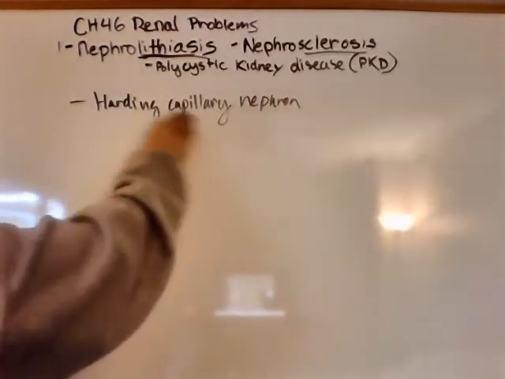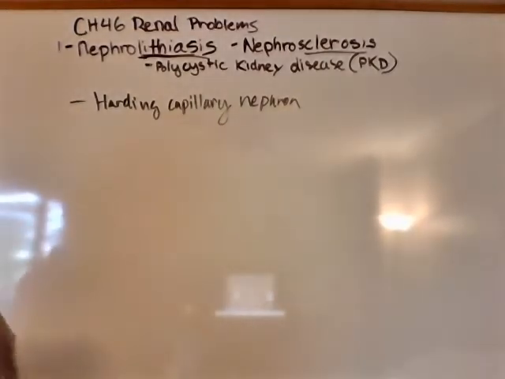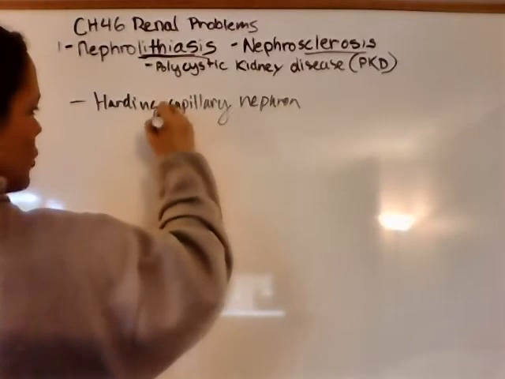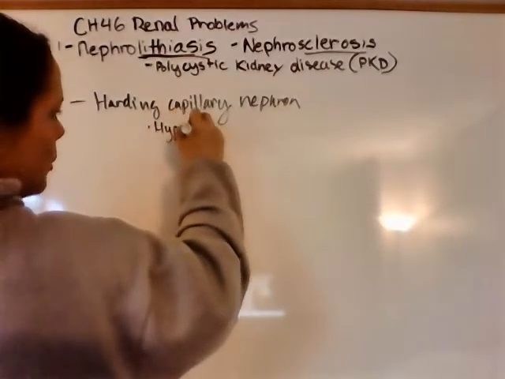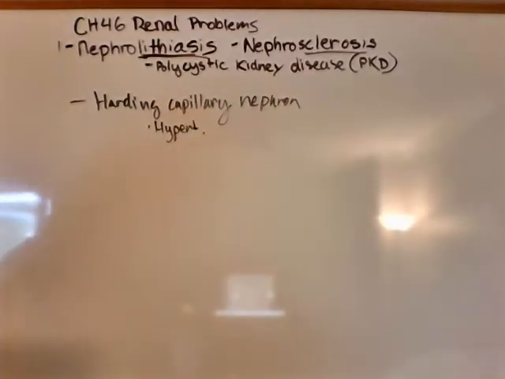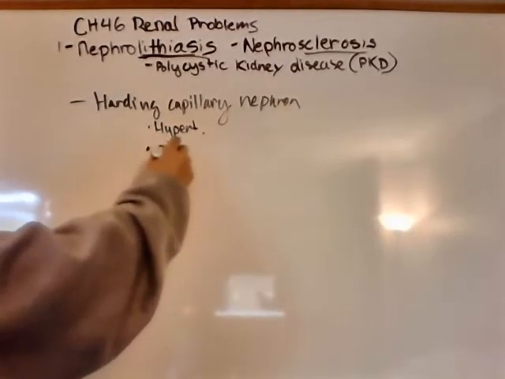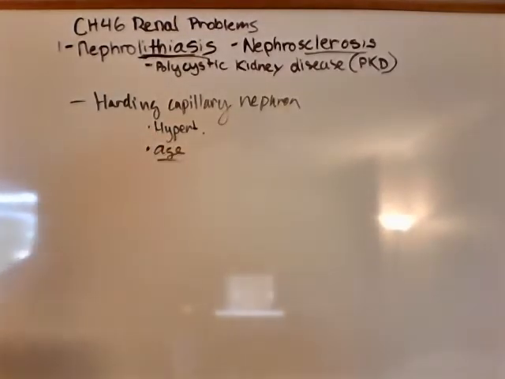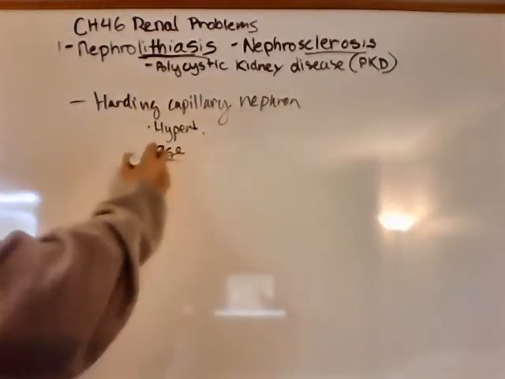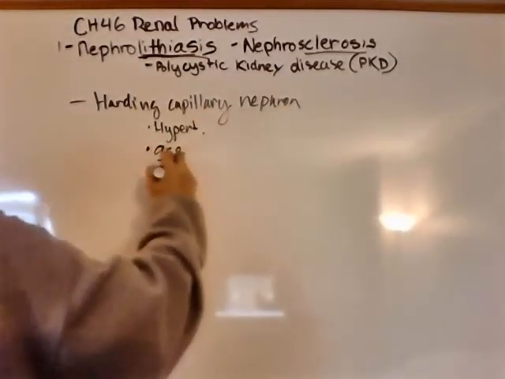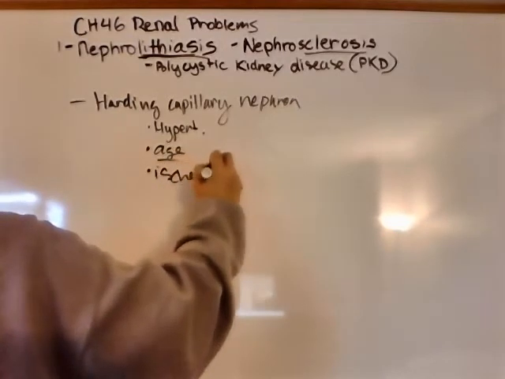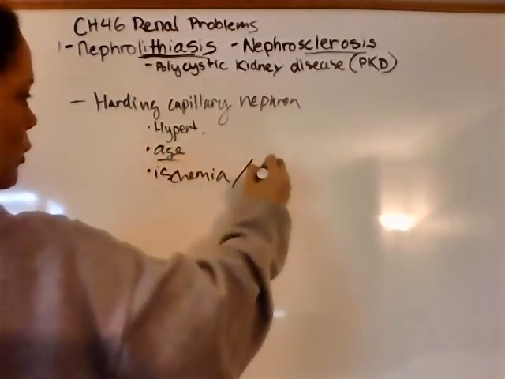But when we have a hardening of capillaries, a lot of times that's caused by hypertension. Remember, capillaries are made out of muscles. So when we have hypertension for prolonged periods, a lot of times you'll get a hardening of the capillaries. This also happens with age. So age is a huge factor here. And as we get older, we lose elasticity. The hardening of the capillaries is going to create ischemia, or decreased blood flow with pain, which eventually will lead